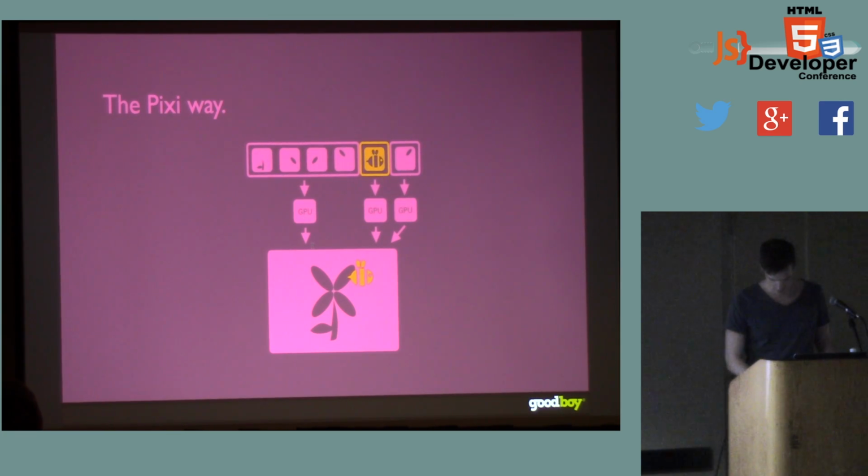Cool. So yeah, and basically in Pixie, this all happens behind the scenes, so you don't have to really ever worry about batching and stuff. All you have to worry about is making texture sheets, sprite sheets, because that gives you a really good performance boost if you can get everything on one texture, because then you end up with bigger batches. Cool. Okay, so